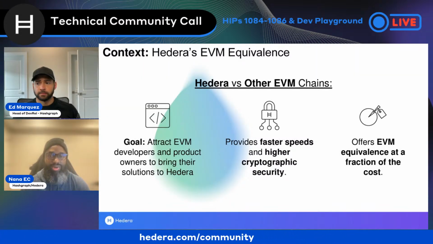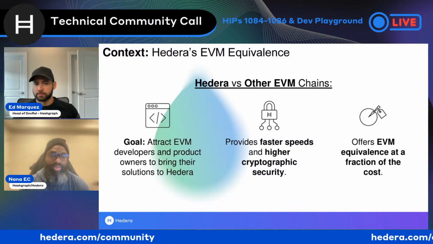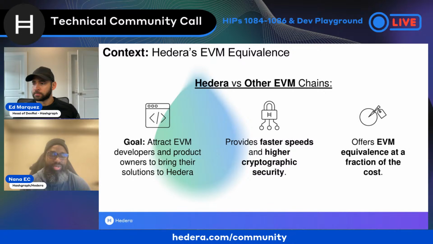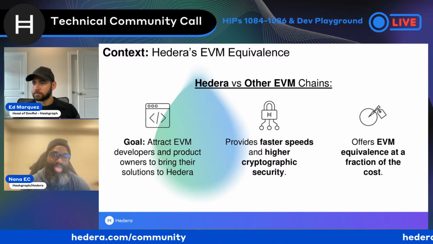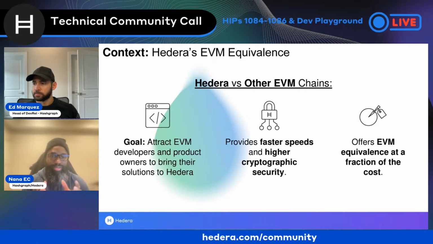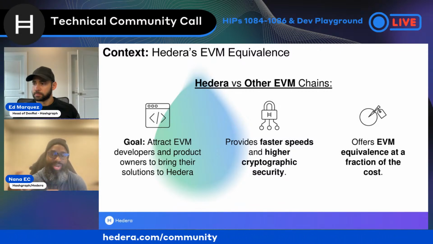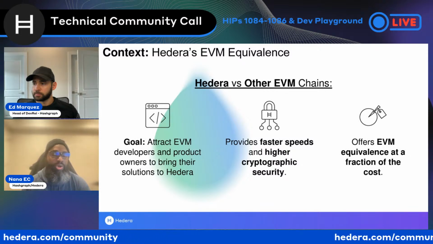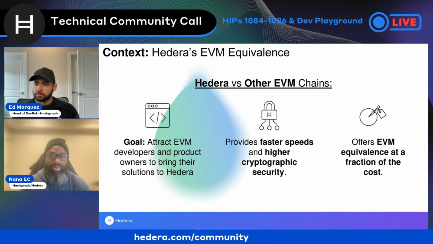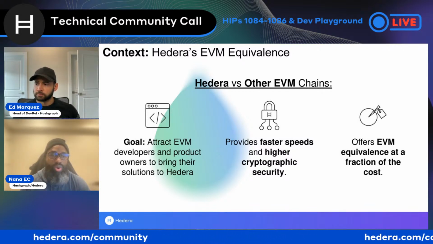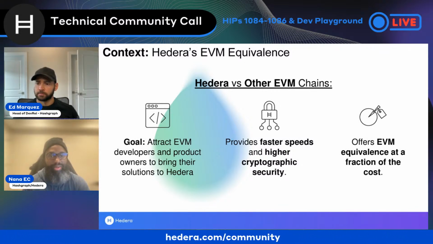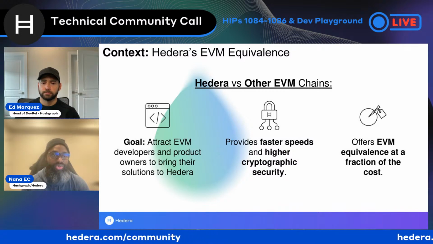So with that in mind, let's talk a bit about EVM equivalence. EVM equivalence, I think, across the Web3 industry is debated, that definition. But for me, it's really the ability to conform to the EVM API, right? The Ethereum virtual machine, even though it's called Ethereum, is a virtual machine that's a separation from the actual network. I see the conformance of the API specifications as meaning that you are EVM equivalent. For us, that's really important because we want developers and users to be able to sort of plug and play, right? Bring their contracts from other EVM networks over to Hedera.